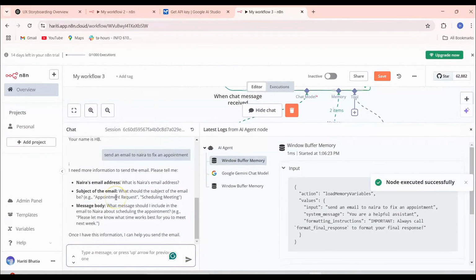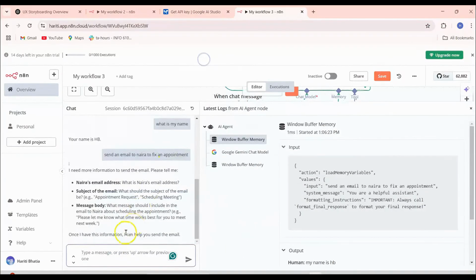Okay, so now you can see that it says that I need more information. What is Naira's email address? What is the subject of the email? And what should be the body message? Should I include the email to Naira about scheduling an appointment? Please let me know what time works best for you to meet next week. So it needs all this information